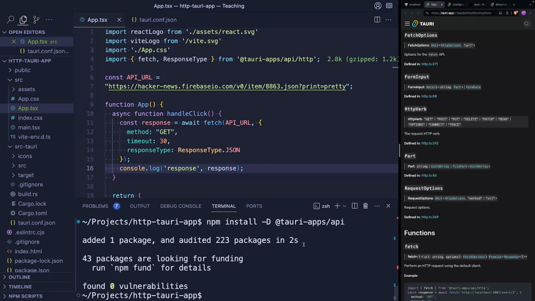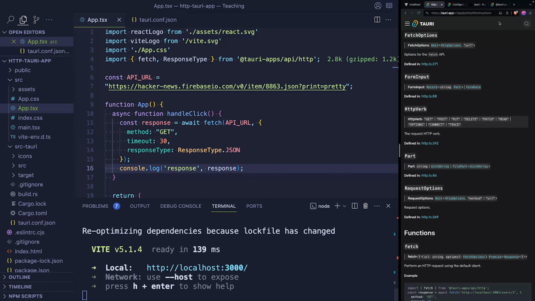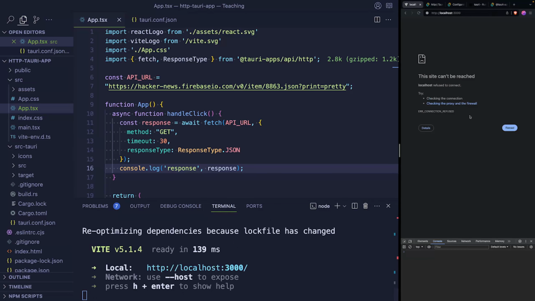So one of the most common problems I see people encounter when trying to do HTTP fetch from a Tauri app the first time is running npm run dev, which will start the application in development mode. But if you load this app in your browser and click fetch, you will get an error that window.__TAURI_IPC__ is not a function. This happens because the Tauri fetch API is only exposed inside a Tauri window. So it's not going to work from your browser. So instead of doing this, stop the app